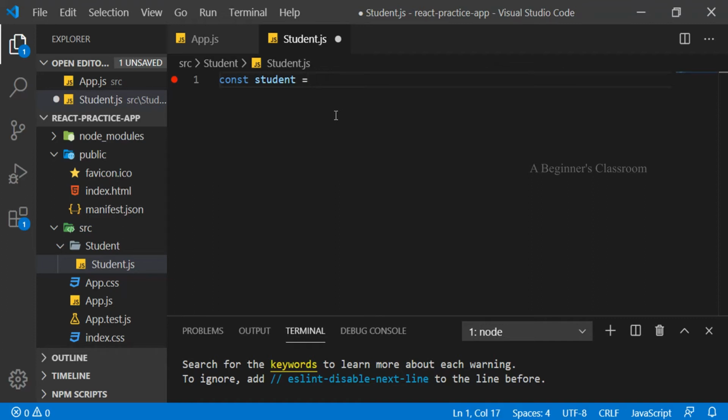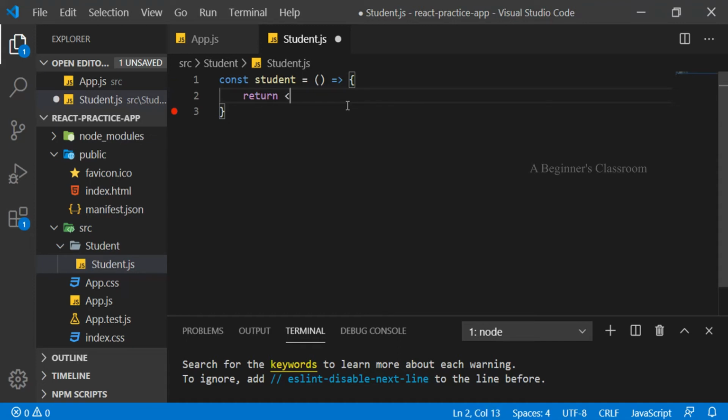Here I can create a function in two ways. First, I can create it using the function keyword like this, and another way is using the arrow function. It's always recommended to use the arrow function since we can make use of newer functionalities like handling the this keyword and many things. Here in the arrow function, this is the argument that we are getting for the function, and this is the body of our function. Here I am going to return some JSX code.